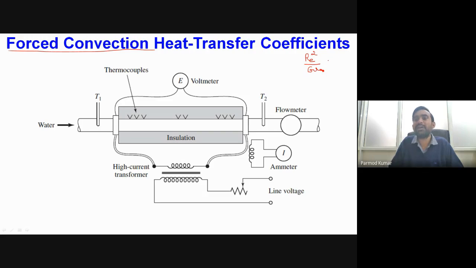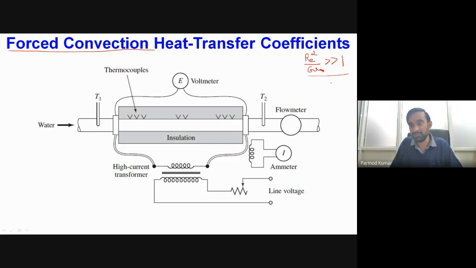If the value of this number is very large compared to 1, it means the flow of the fluid is mainly governing the heat transfer in comparison to the Grashof number, where Grashof number represents the flow induced because of the temperature effects, or buoyancy forces. In this situation we have the dominance of forced convection,